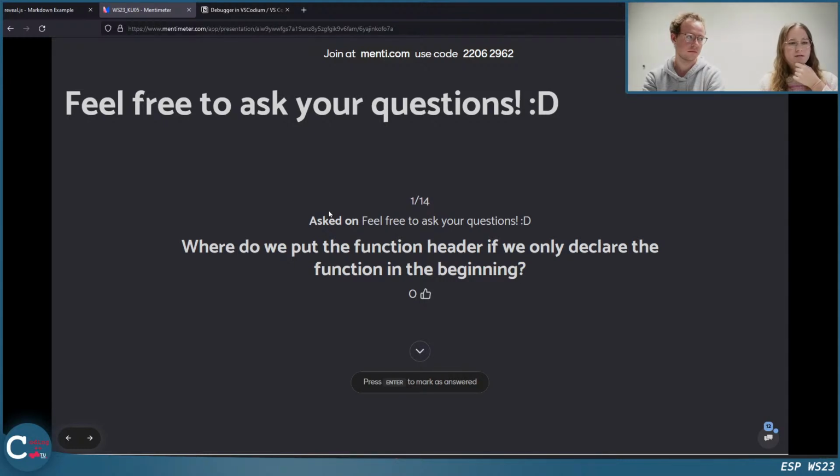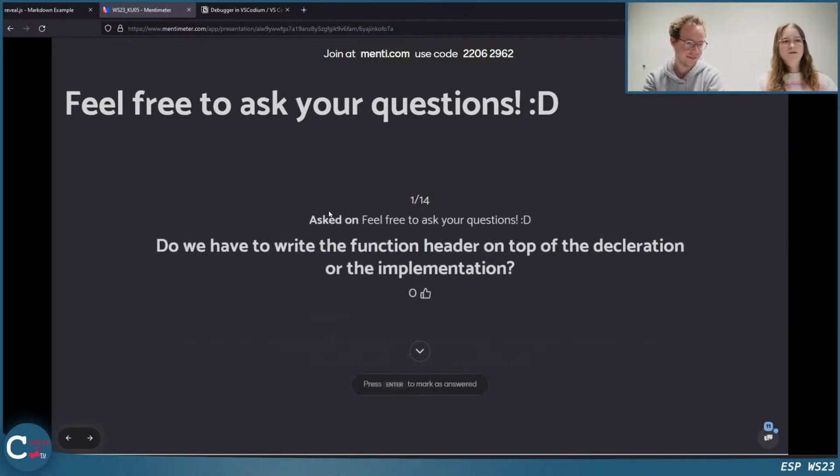I think it would be nice if you put it with the declaration, because then you have all the functions and what they do in one place, but it's up to you. So you have header comment, function declaration, header comment, function declaration, main function with a header comment, and then the implementation of the other two functions that you already described before. But you don't have to do it this way. It's not restricted in the style guide.